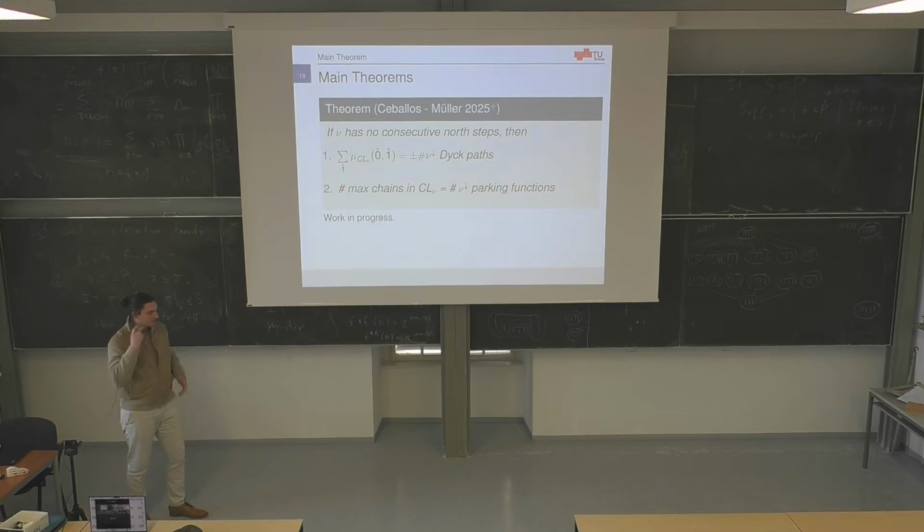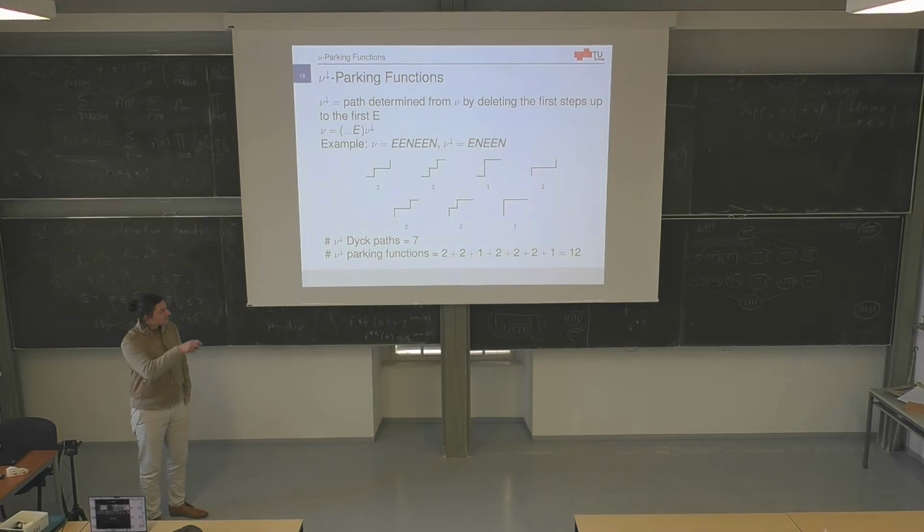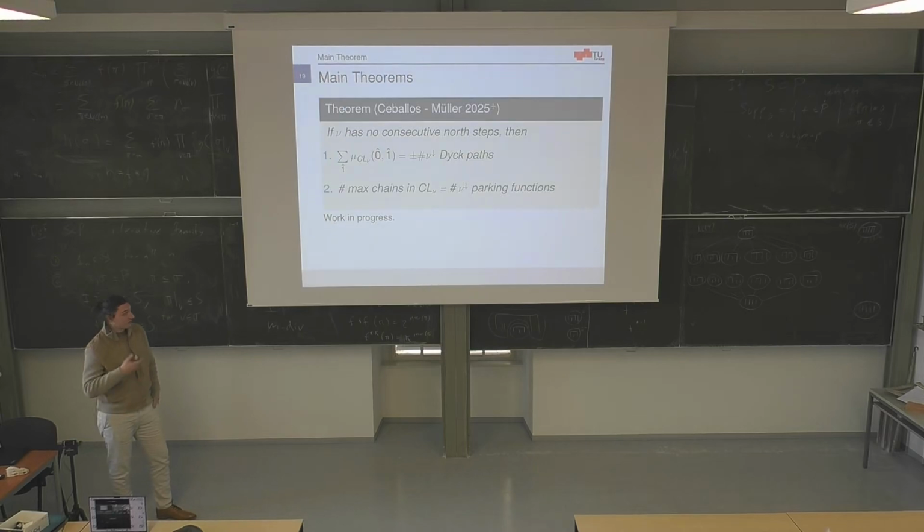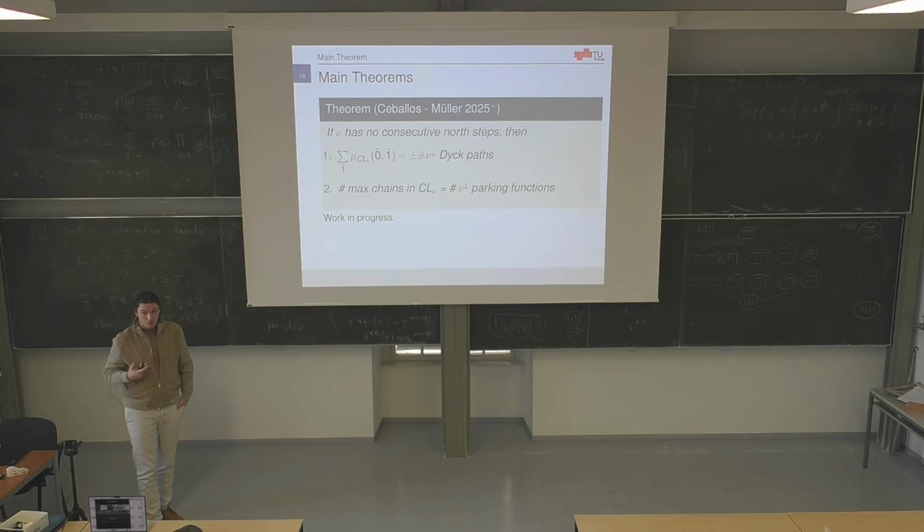So just to have this in mind, for parking functions, some of them I've counted twice. There is a labeling, so you can really think of them as labeled Dyck paths. And when I'm counting these labeled Dyck paths, I'm getting maximal chains in my ν-core label order. And when I forget about the labeling, I'm obtaining the sum of the Möbius functions.